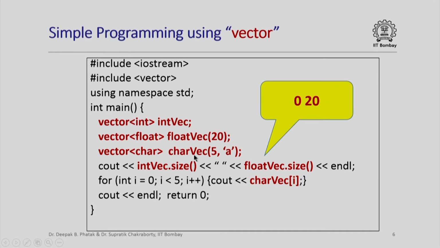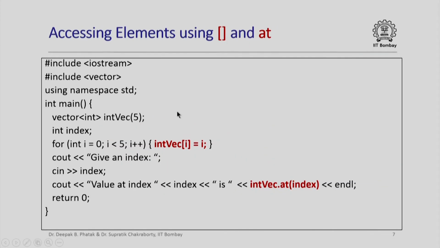Once you have declared a vector of a certain type, you can actually access elements of the vector just like a normal array. So, if I print out the elements of the char_vec array, I will get 5 A's because I have initialized all the elements of this array with the constant, which is the ASCII code of the character A. So, we have just seen that we can access elements of a vector using the square bracket operator just like a normal array, and we can also access elements of a vector using the at member function.